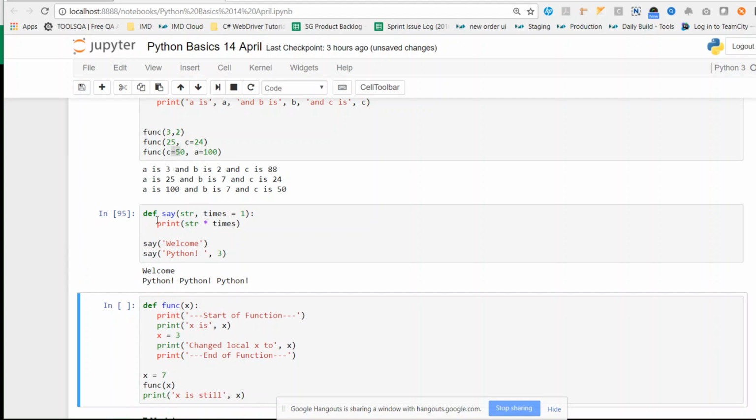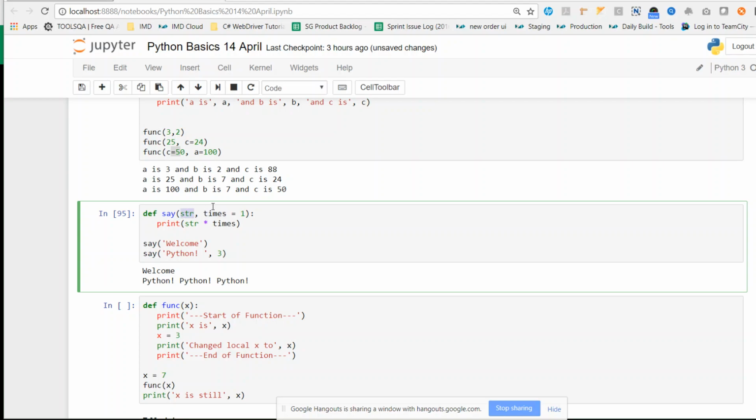Okay. Next example, you can see DEF. DEF is to define a function. SAY is the function name. These are the arguments that are passed.